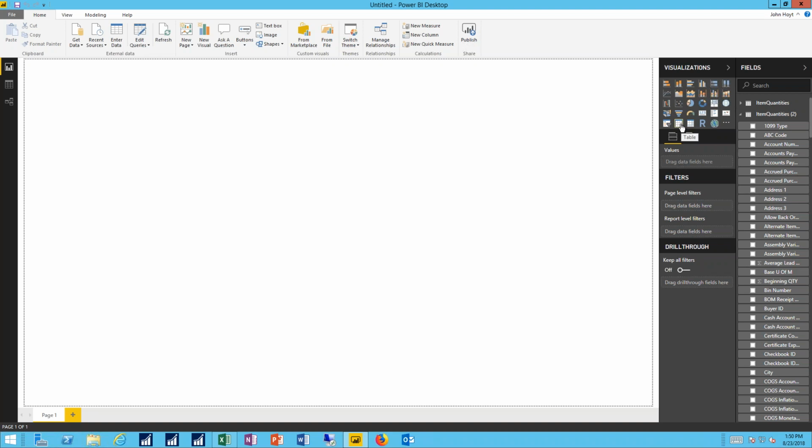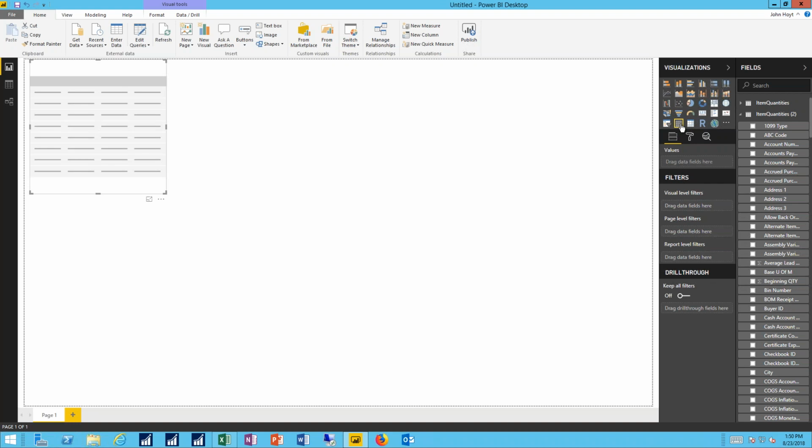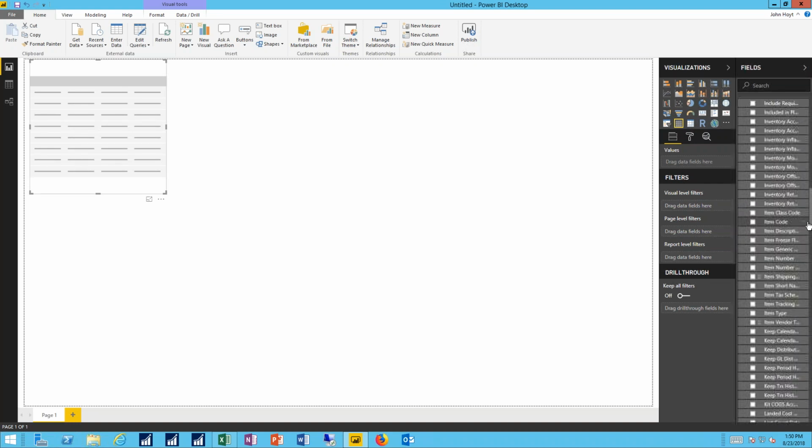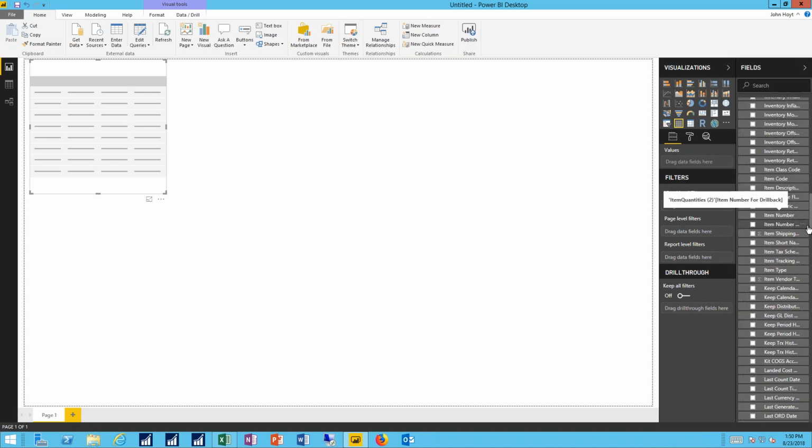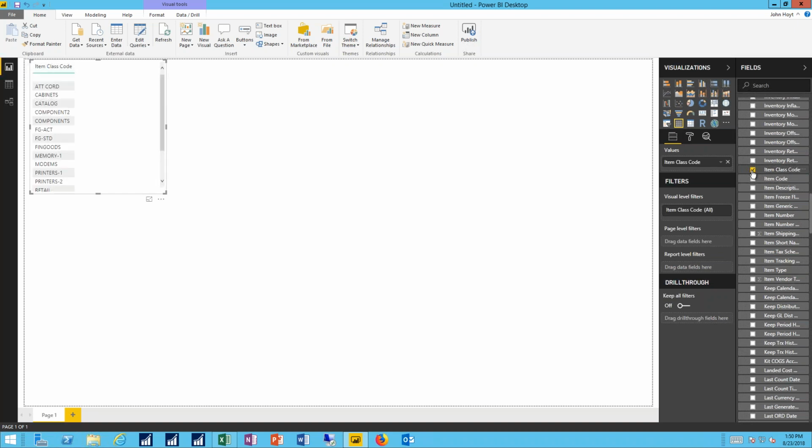And I'm going to do that in this case actually with a grid, a table. So when I click on my visualization type, I get a preview of what it's going to look like. And then I can use the fields column over here and search through all the fields that are available and decide where I want to add in information. I'm going to start with the item class code,